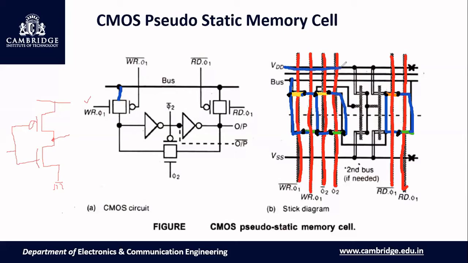First, we need to draw VDD rail. Okay, then we need to draw VSS rail, right? Then VSS contact and VDD contact. Can you make out? Next, we'll draw the stick diagram for inverter directly. So this is PMOS, this is NMOS. Directly I'll draw the stick diagram for inverter.